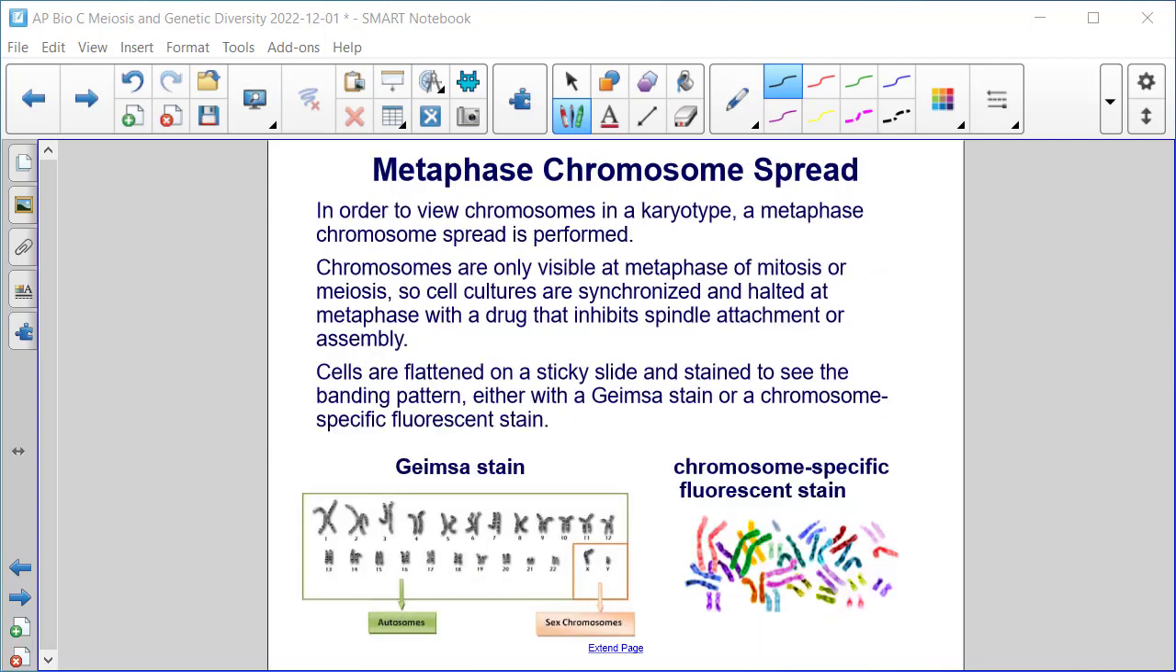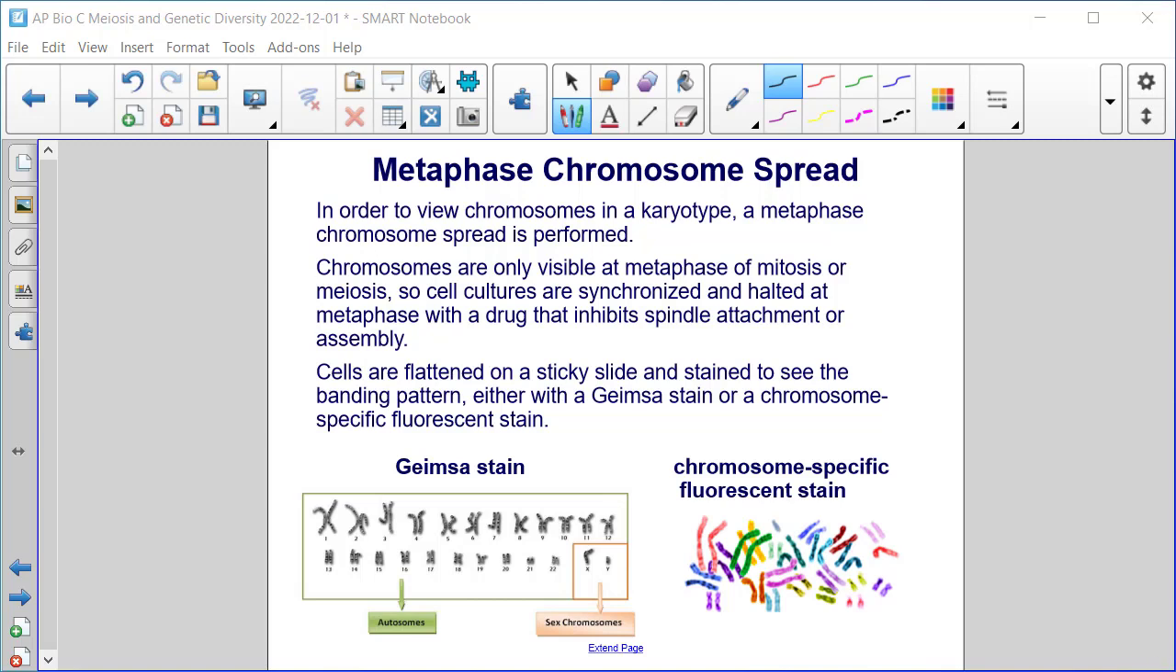In order to view chromosomes in a karyotype, a metaphase chromosome spread is performed. Chromosomes are only visible at metaphase of mitosis or meiosis. So cell cultures are synchronized and halted at metaphase with a drug that inhibits spindle attachment or assembly. Cells are flattened on a sticky slide and stained to see the banding pattern, either with a Giemsa stain or